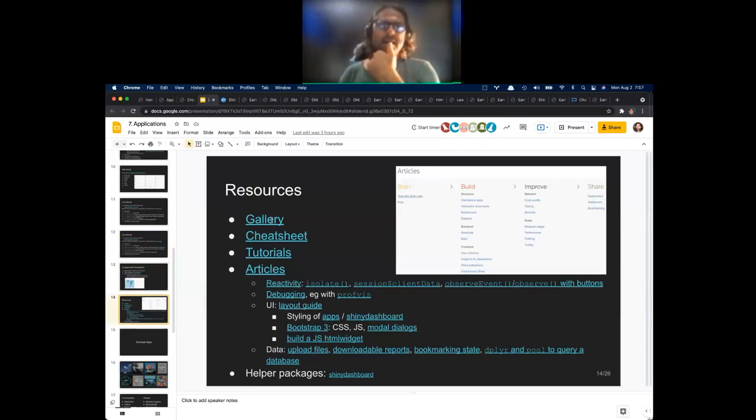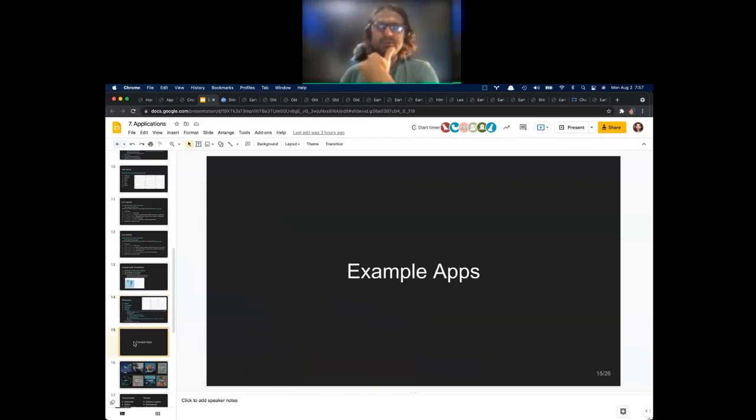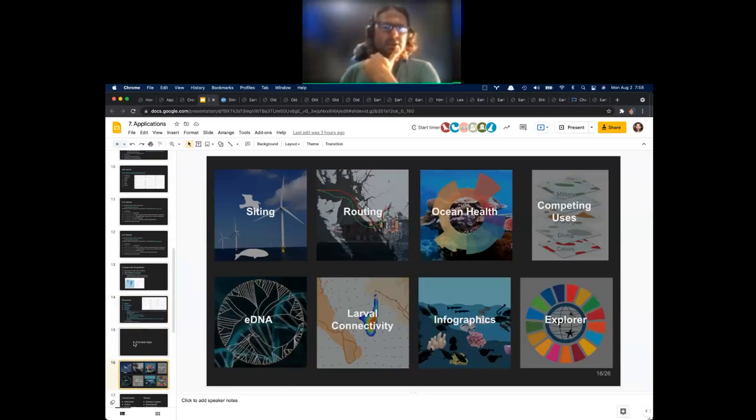There's a great gallery of other apps with the code available, cheat sheets, tutorials, articles, learning about layouts, Bootstrap if you really want to get into it, modal dialogues, uploading files, downloading reports, and Shiny Dashboard. And then these are just a few apps that I've done over recent years, siting offshore wind, routing